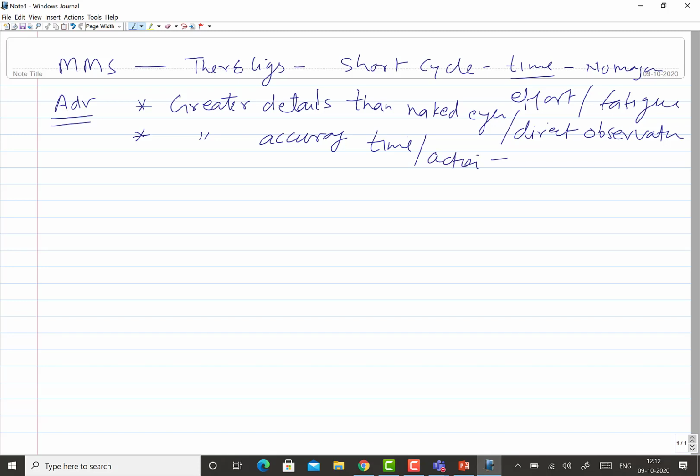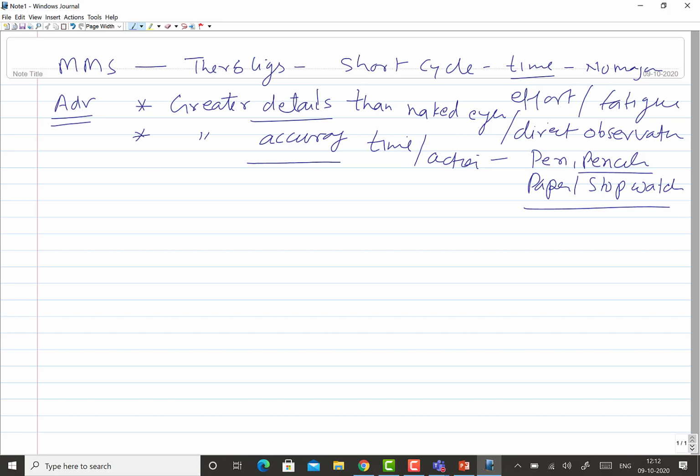These are more accurate as compared to what we realize using pen, pencil, paper, or stopwatch kind of approaches which are used in other recording techniques. So we get greater details, and whatever information is gathered is more accurate.